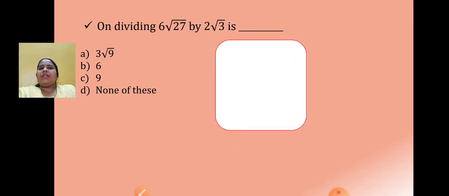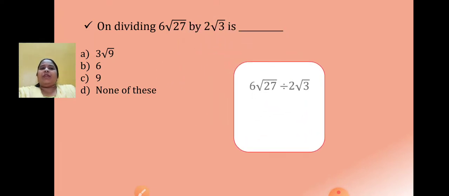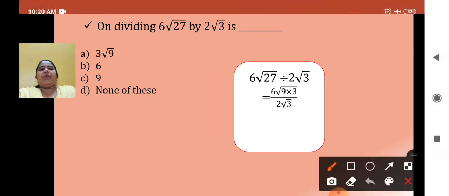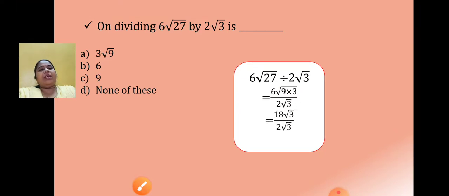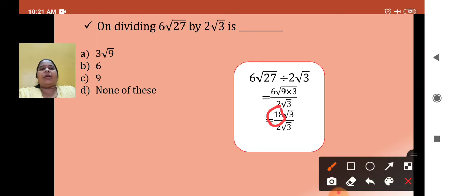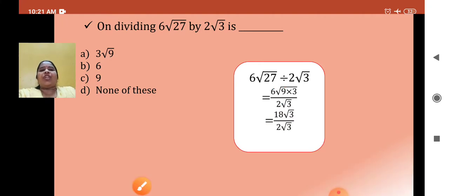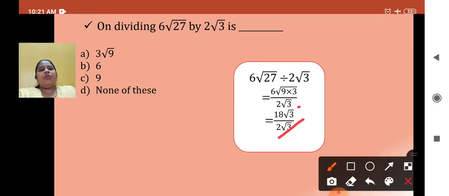Now let's divide and see. 6 root 27 divided by 2 root 3. So 6 root 27. 27 can be written as 9 into 3. Correct. Now this 9 will come out as square root of 9 is what? It's 3. So it will come out as 3 and 6 into 3 will become 18. I hope you understood how we got this 18. See, from here 3 will come out. So 6 3s is 18. After this, the terms which can be cancelled, we need to cancel root 3 and root 3, 2 1s and 2 9s.